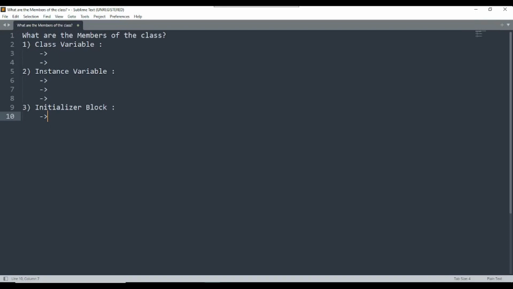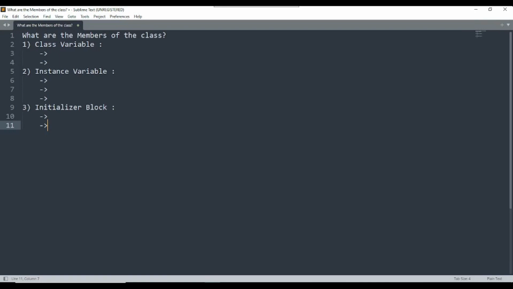But if you want to execute some line of code before the constructor is called, you can use the initializer block. I am repeating that: the initializer block will be executed just before the constructor is invoked.